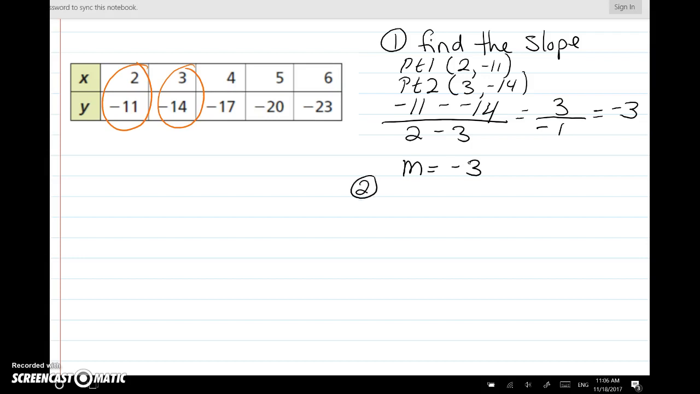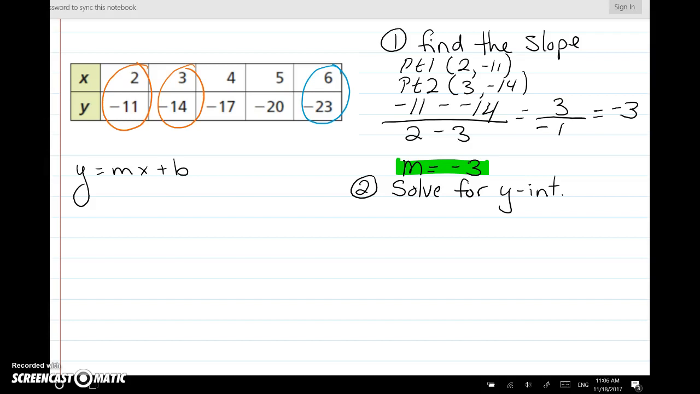Step 2. Let's highlight that so we can keep an eye on that because we're going to need that later. Solve for the y-intercept. So we're going to write out our equation. Y equals mx plus b. We're going to choose a set of points. I'm going to choose this last point here, 6, -23. Again, I can use the ones I've already used before, whatever makes you happy. For y, I'm going to put in -23 equals, my slope is -3. The x that goes with the -23 is 6